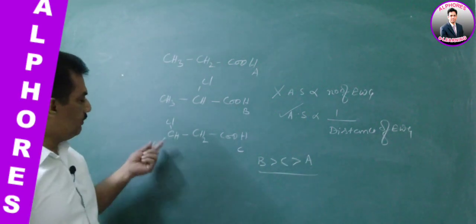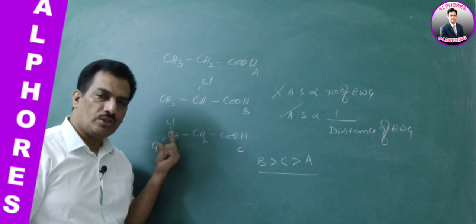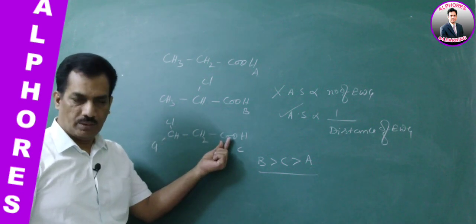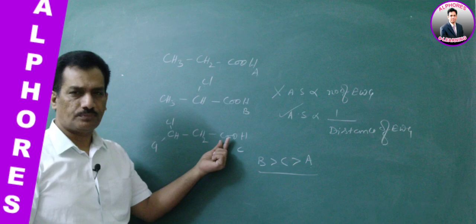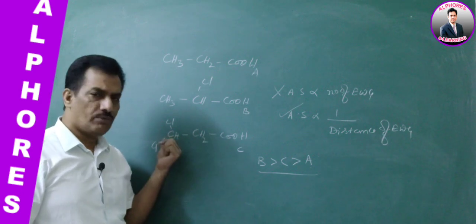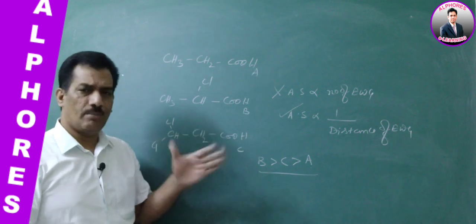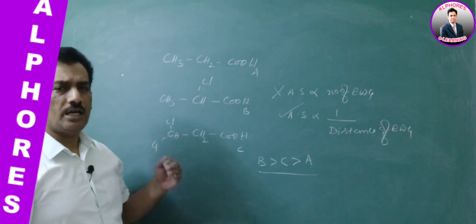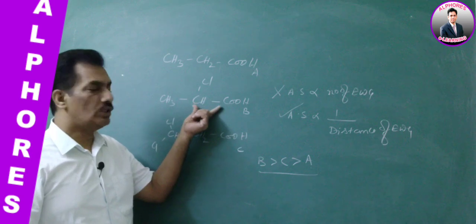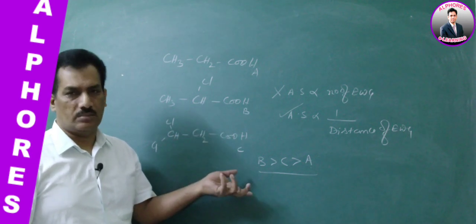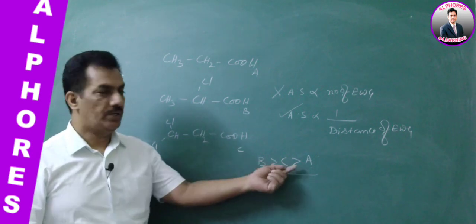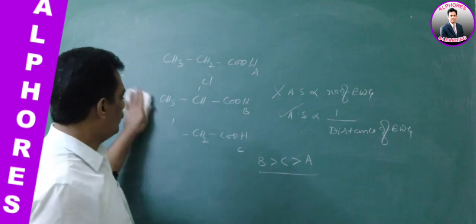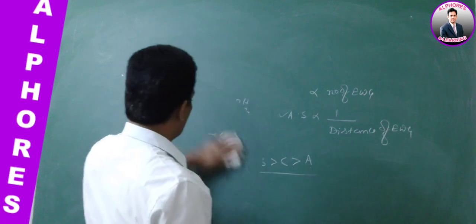Why? Because even though more electron withdrawing groups are present here, they are far from the actual carboxylic acid group. So irrespective of the number of withdrawing groups, if they are away from this group, automatically their influence in comparison to the closest one is negligible. That's why it will be so. Are you following? And now coming to acidic strength, one more criterion.